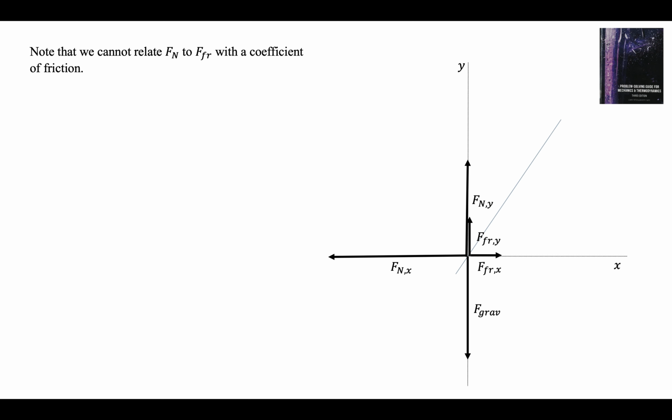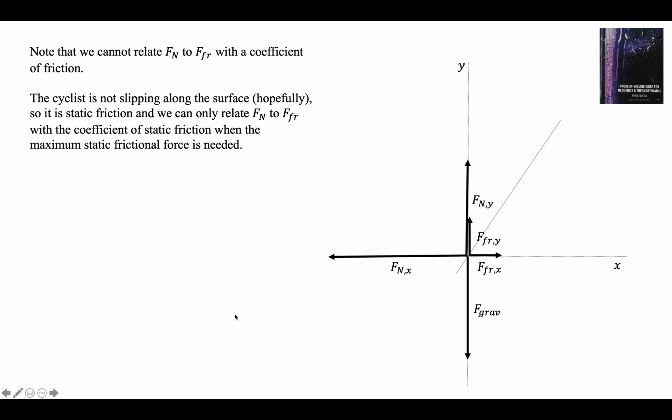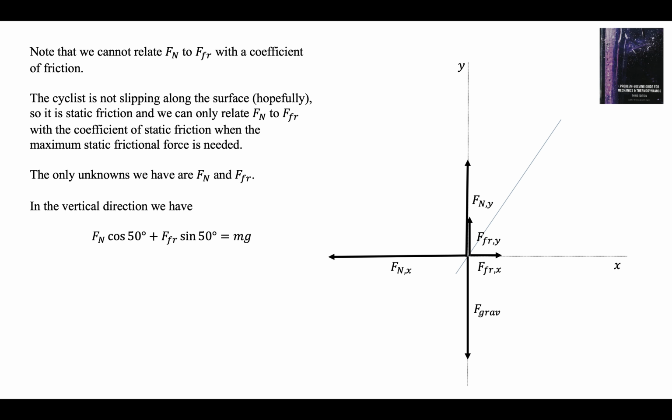Now we cannot relate Fn to Fr. You might want to say frictional force is mu static Fn, but we don't know that if it's the maximum. So if the cyclist is not slipping, we can't use mu k, and we can't use mu static unless we know it's the maximum force. So these are independent variables. They have two unknowns. In the vertical direction, we have, putting in the angles,